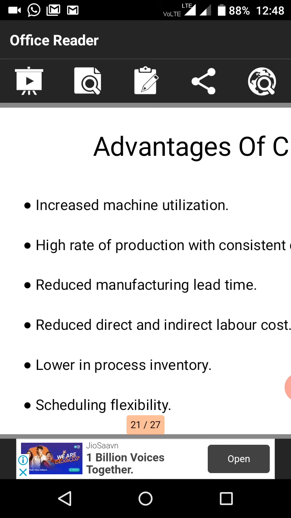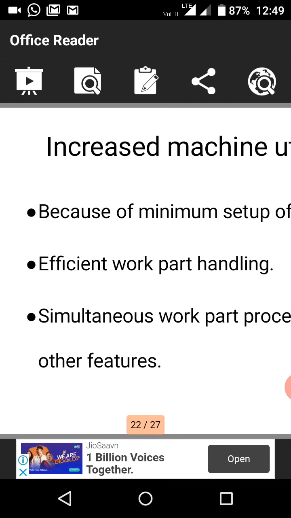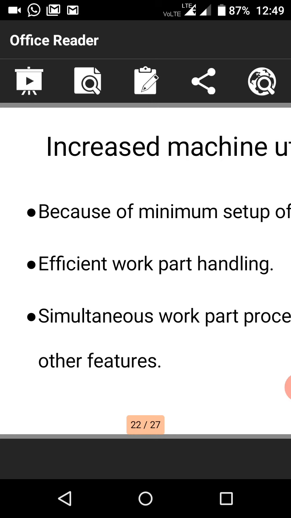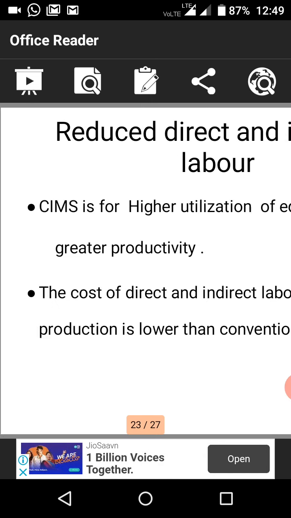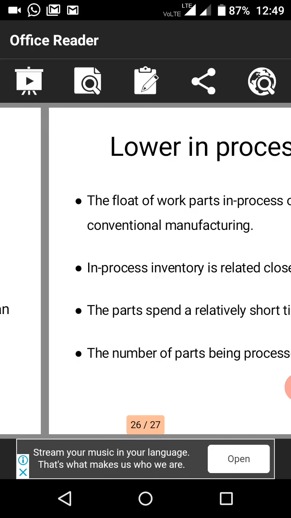So today what we have seen: what SIM is, the concepts of SIM, the objectives of SIM, and next the features of SIM. After that, we have seen the advantages. We have seen different machines in some pictures, like the horizontal machining center, vertical machining center, and special purpose machines, which one we use and for what work we use it. We have also seen the transfer line and inspection devices. So these are some advantages of SIM. So with this we stop here.